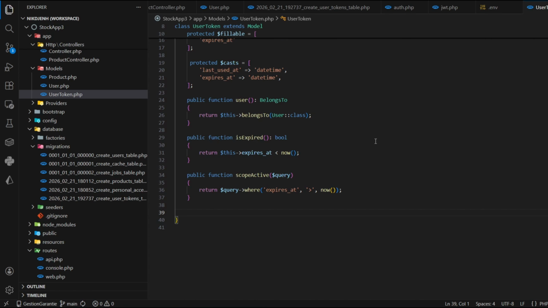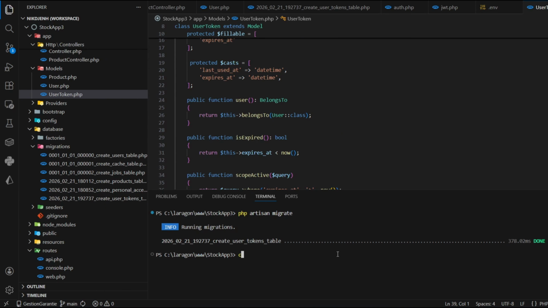The next step is to create a middleware. We'll create two middlewares, one for JWT security and one for JWT refresh. So first, run this command here: php artisan make